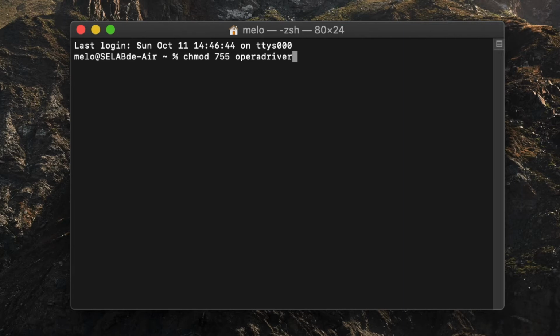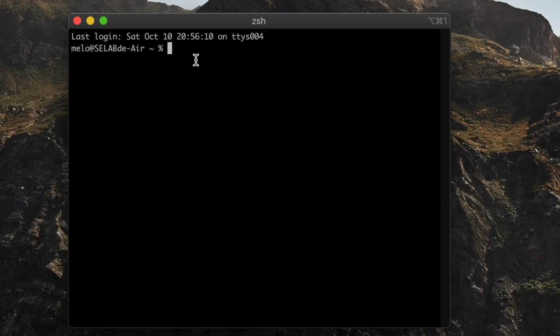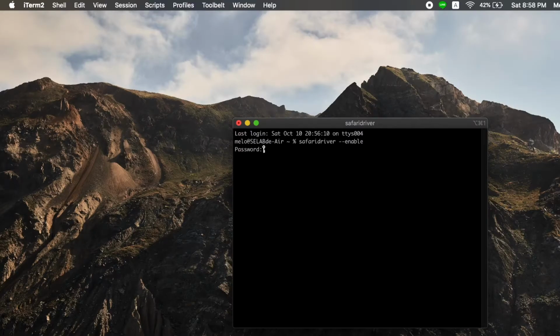Now, if you need to perform the cross-browser testing on Safari, you must also configure your Safari browser. If you don't need to test Safari or don't have macOS, you can skip the following steps. The first step for Safari is to enable the Safari driver in your system. Open the terminal and run safaridriver --enable. The terminal will ask you for your password. Go ahead, type it in, and press enter.